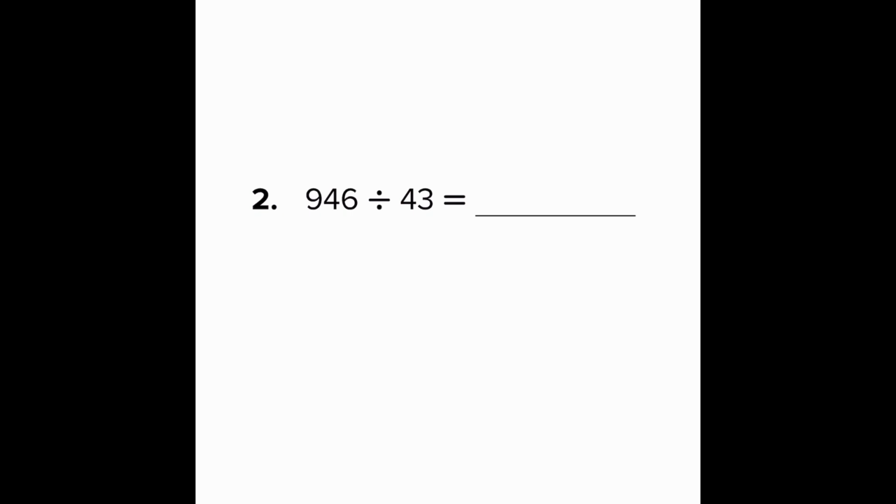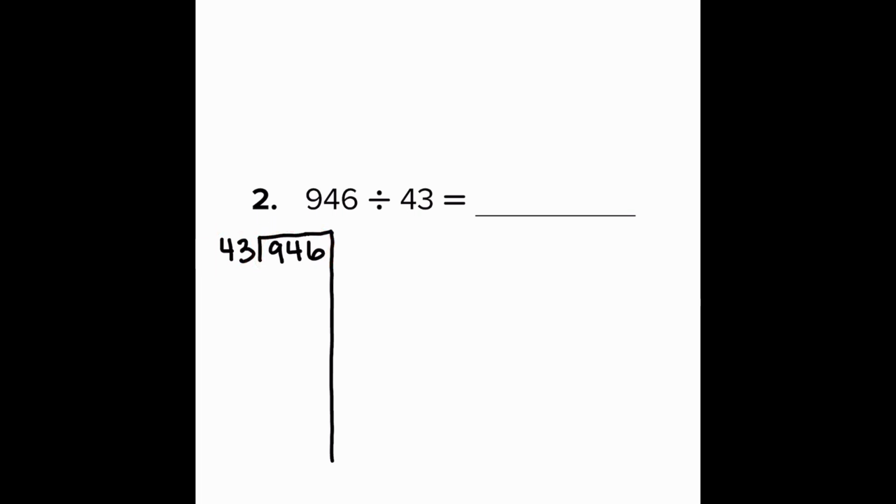So I'm going to set it up just like a regular long division problem. But instead I'm going to draw a line on the side. Everything on the right side will be our answer. Usually in long division, you are trying to figure out how many times 43 fits into 94. But with partial quotients, you're trying to figure out how many times 43 goes into 946